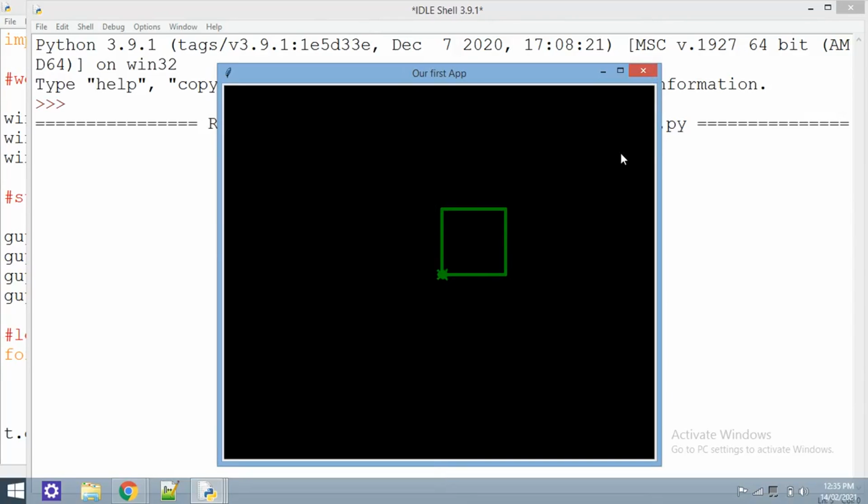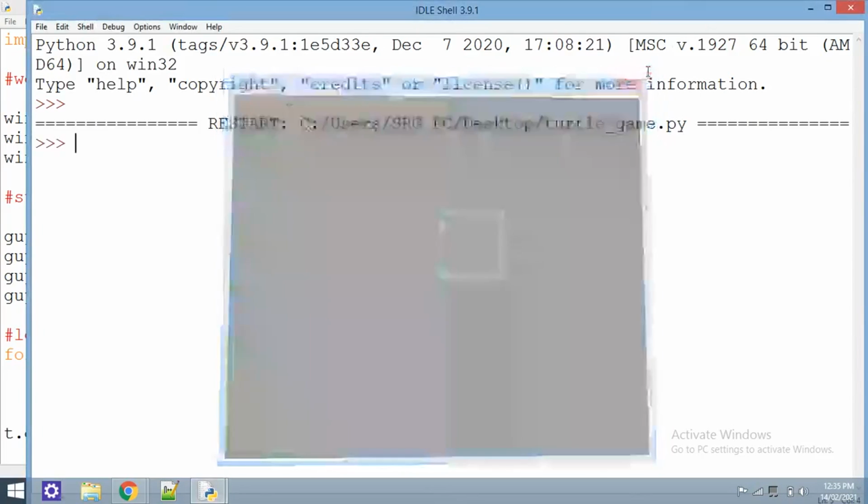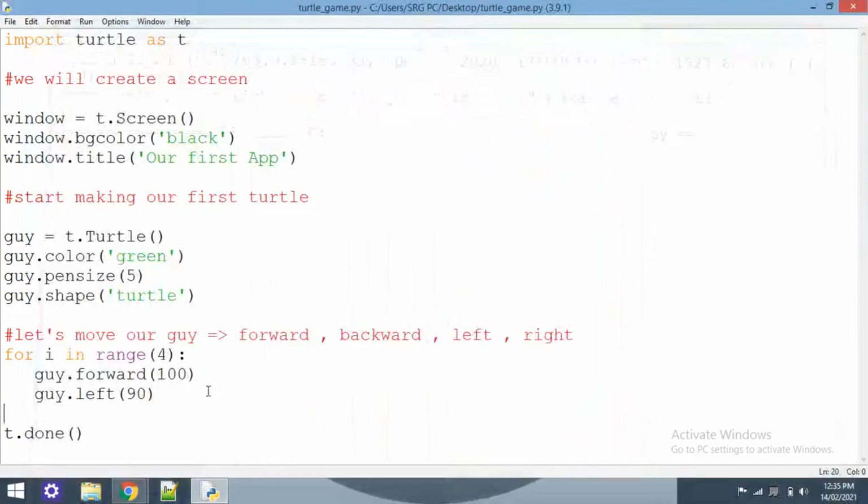Let's make it a little bit more complex. Okay, let's play with it. By using that, let's write a function for making squares, starting from 50 pixels. Move forward 50 pixels, then make a square, then move almost 30 pixels. Okay, 50 pixels, then 100 pixels, then 150 pixels, making consecutive squares. Okay, let me show you how it will look.